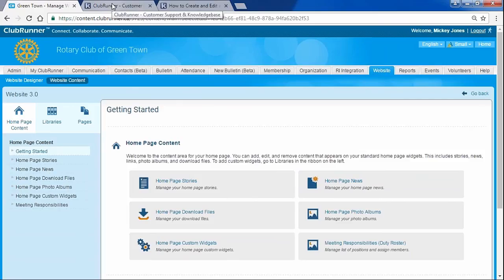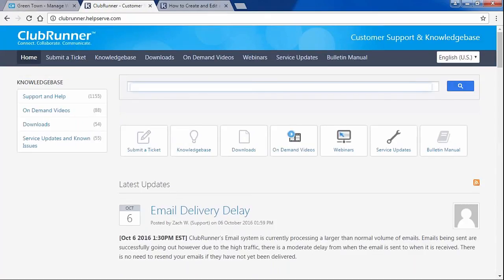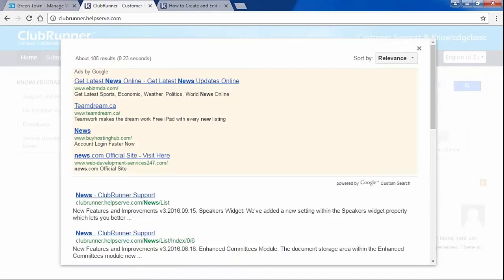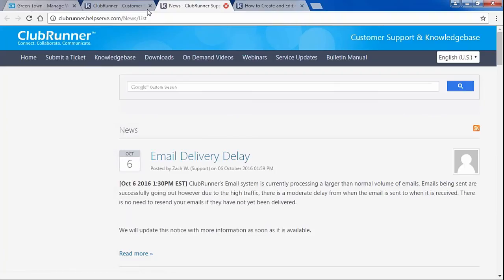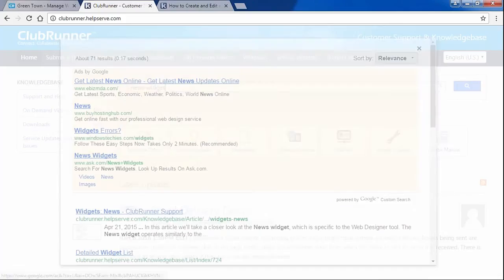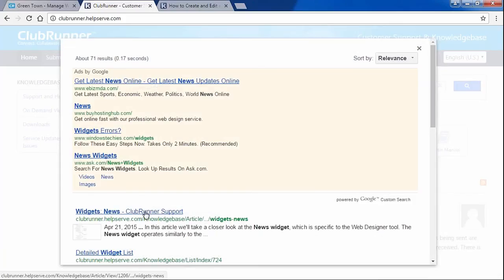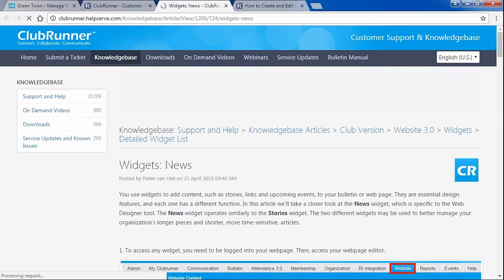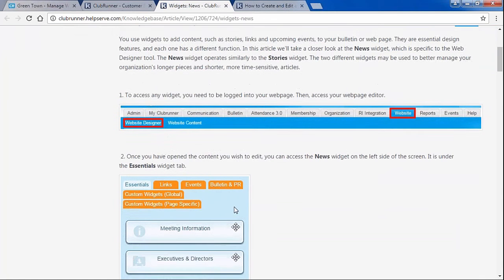And of course, if you want to find out more about news, you can go to the KB and type in news, and you'll find several articles on how our news widget works. Oh, I'm sorry, my mistake. I meant to type in news widget. I'm sorry about that. And this will give you what is news, how do you drag the widget in,